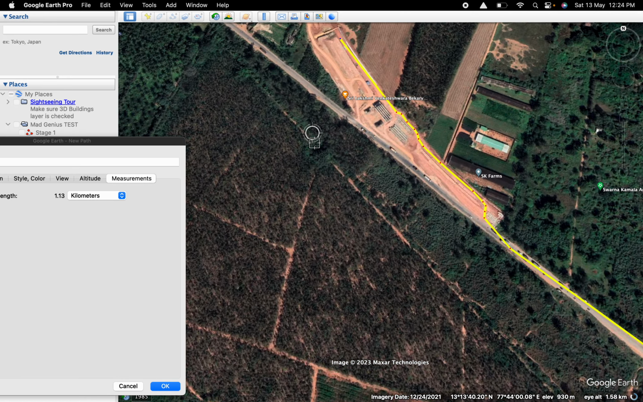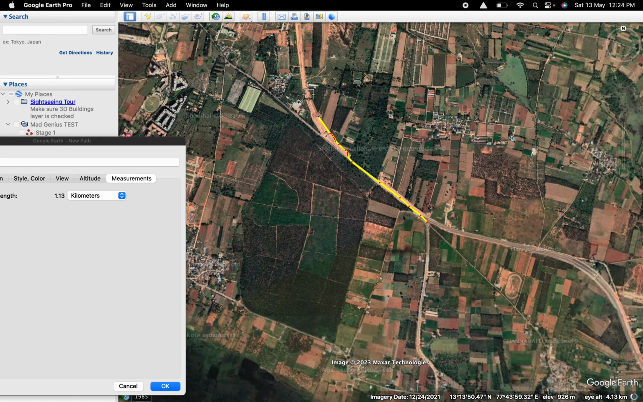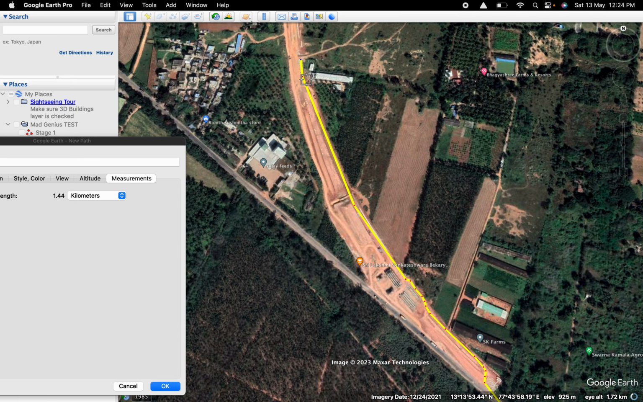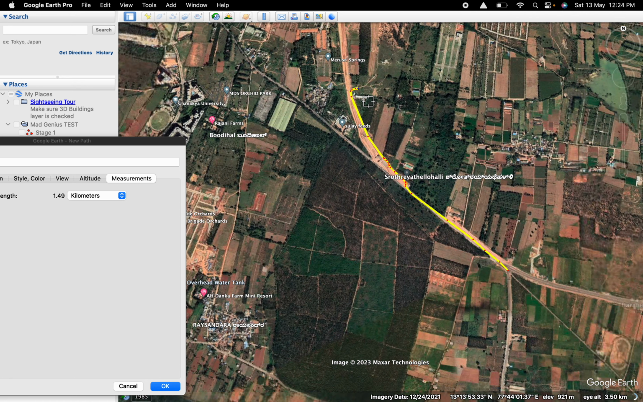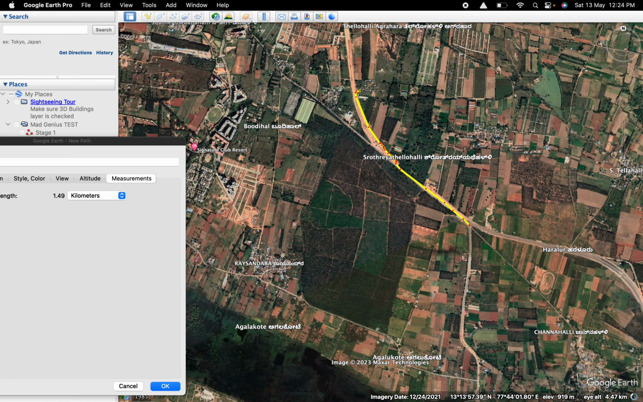So I'm just going to keep continuing this and going around. If you see some sort of tree cover, you will know that you have to make a reasonable assumption on whether or not that path is rideable. So let me just track this around